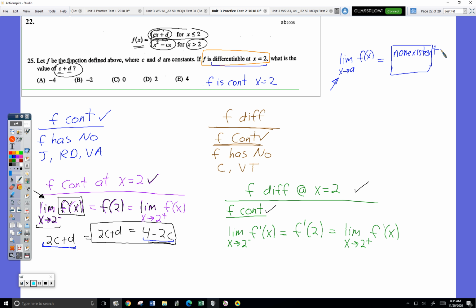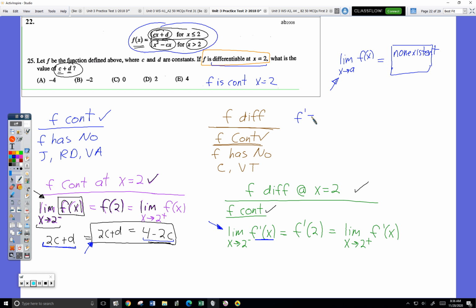Okay, so I've got one equation, but one equation with two unknowns is not solvable typically. So I want to keep using the information I know, which is I've got to go verify this now. So to verify that, I need an equation for f prime. Finding f prime isn't difficult. I can use this to find f prime. So f prime is going to equal,